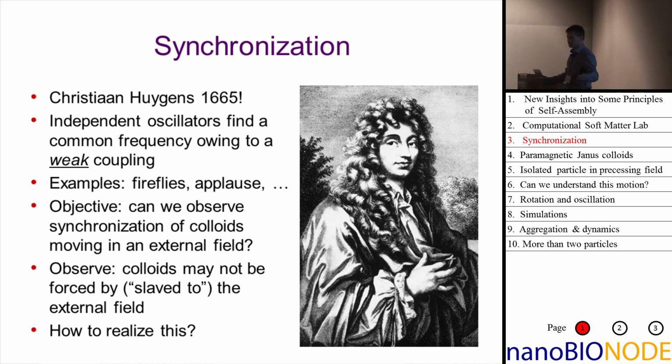So imagine you have two pendulum clocks side by side and you couple the two pendulums. That is not weak coupling. Then of course if you attach a rigid beam between the two pendulums, they move in sync, that's obvious. A weak coupling in his case was the fact that these two pendulums were mounted on the same wooden wall. And so that phenomenon where you have this weak coupling can lead to the two oscillators finding a common frequency and also a specific phase shift.